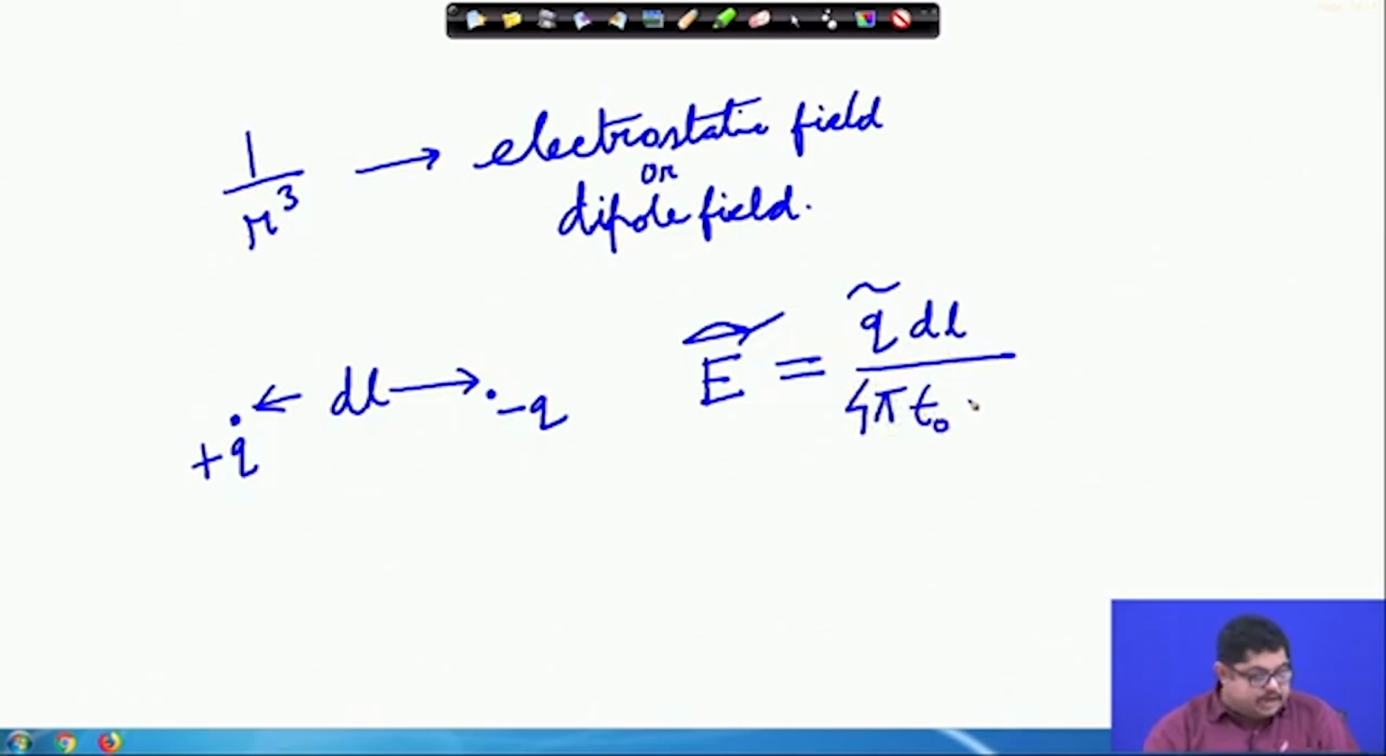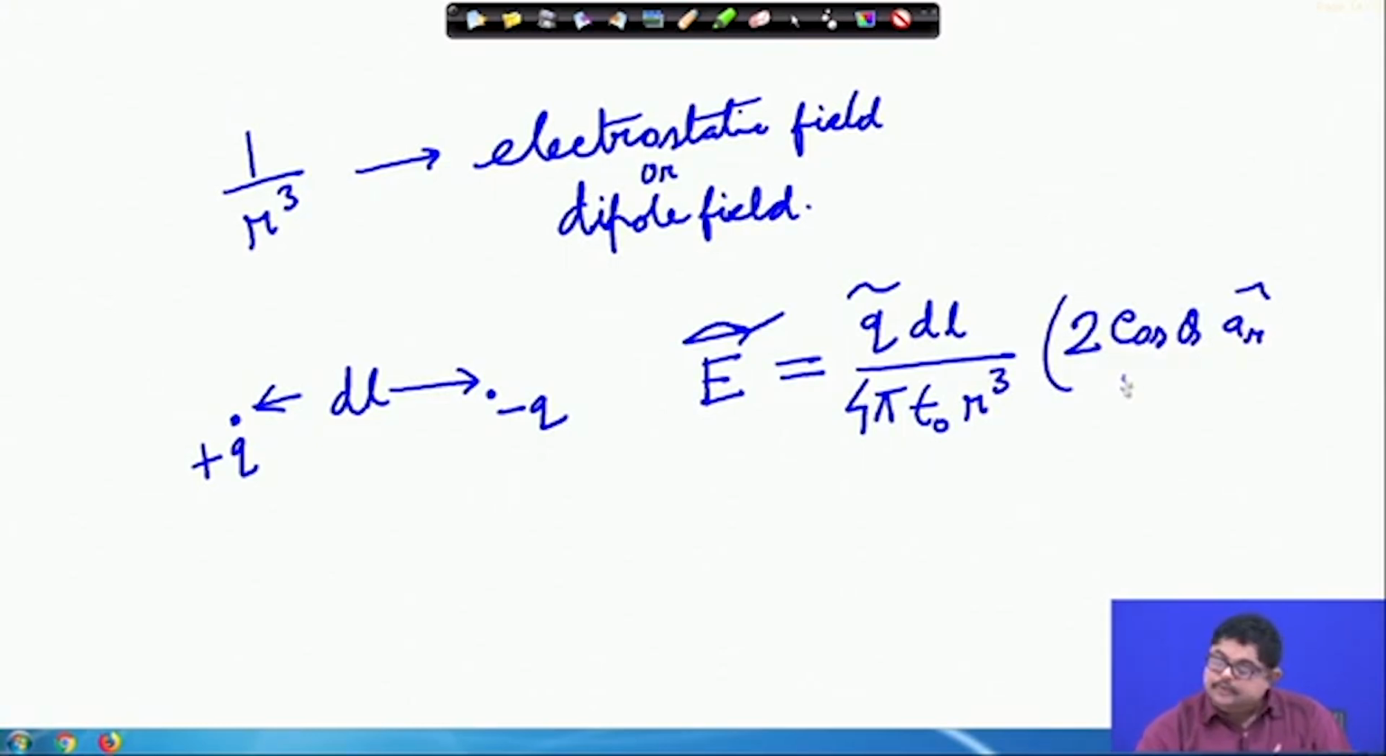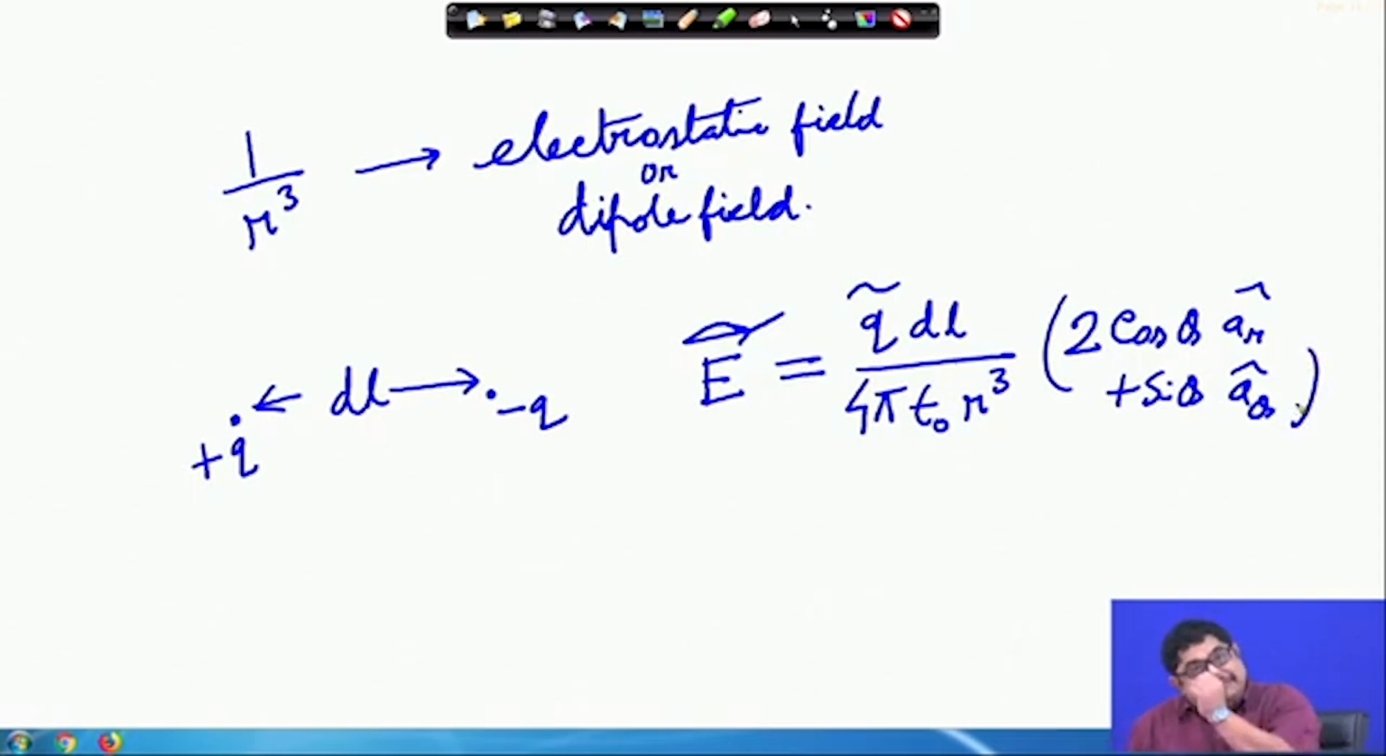This I think you have done in your electrostatic classes, that the static dipole field is like this. Now, what is this relevant to our case? Our case is obviously not this electrostatic dipole case, but we have in our field expressions an ideal